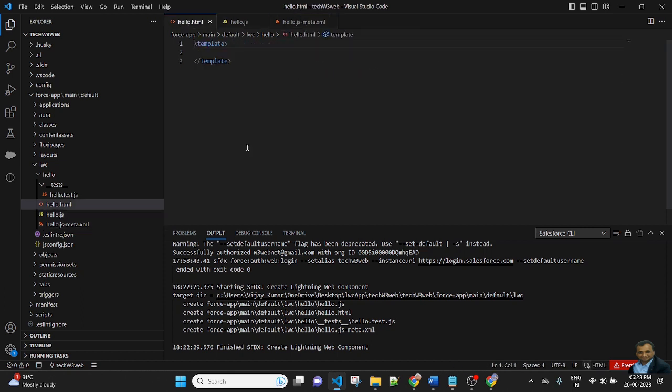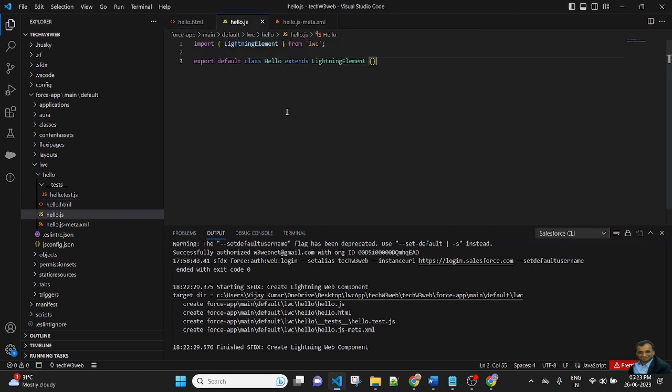If you're creating an LWC component in VS Code, the three files will be automatically created: HTML, JavaScript, and XML. In the HTML file, we need to create HTML tags like table, div, span. You need to format the structure of the HTML page. In the JavaScript, as you can see, there are two statements automatically created: import and export. In the import statement, there is LWC and LightningElement inside the curly brackets. In the export statement, there is a default class. This is the name of the component, and it extends LightningElement. In the curly brackets, you can pass the functions.